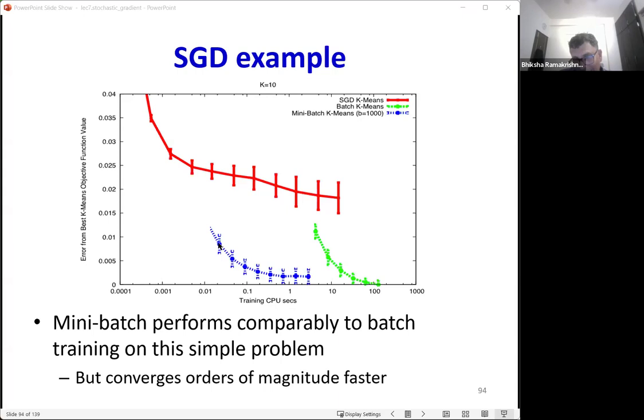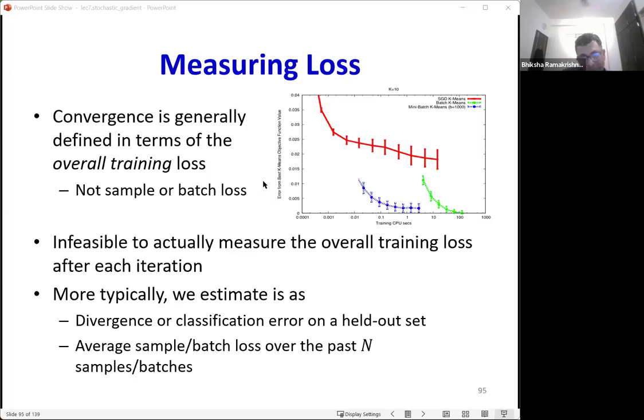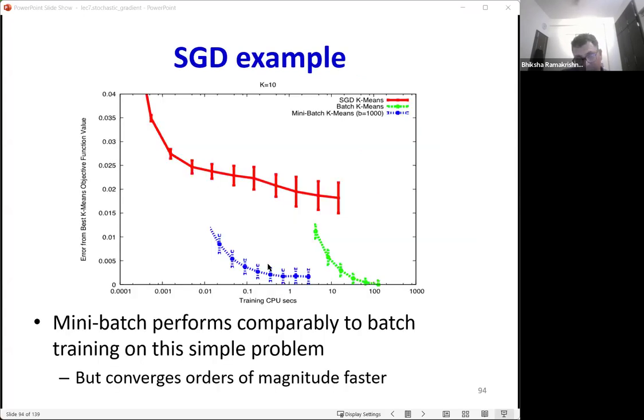It doesn't change the data, right? You're just using a subset of the data. The variance is still going to be greater than the batch update case, but it's going to be much less than the stochastic gradient case. It is similar to SGD, except that